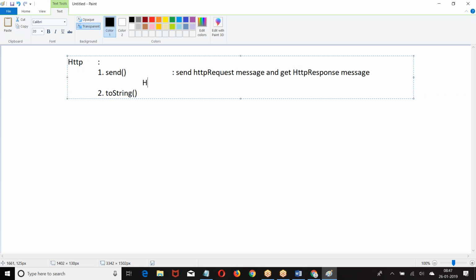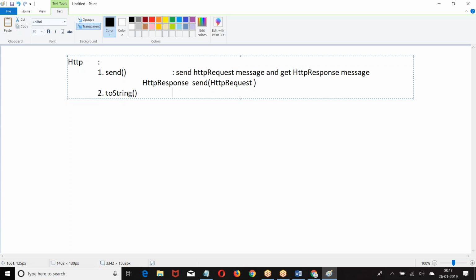It is like this: HttpResponse, send HttpRequest. If you send a request message, it is going to give you a response. I hope you are good with this.